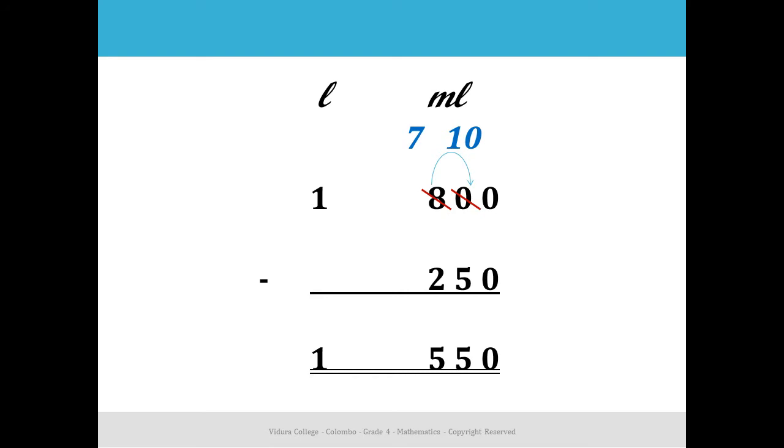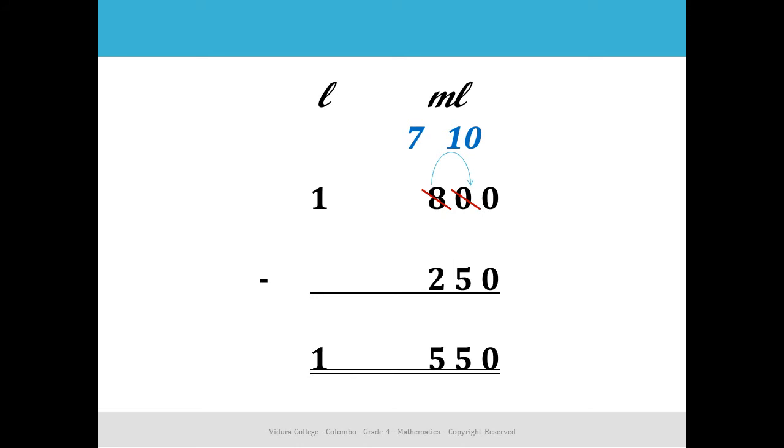You can't subtract 5 from 0. Then you have to borrow from 8. When you take 1 from 8, it becomes 10. Subtract 5 from 10. You get the answer 5. Then the 8 is not 8 anymore. There remains only 7 because you have given 1 to the 0.